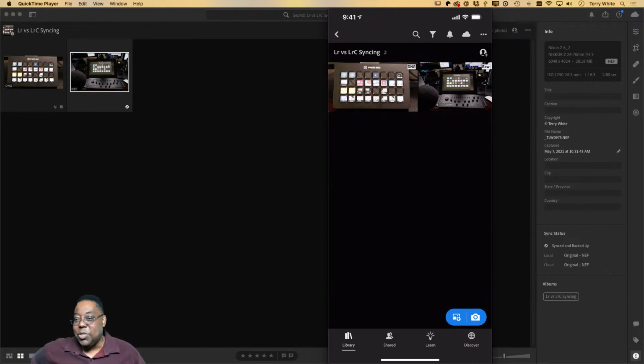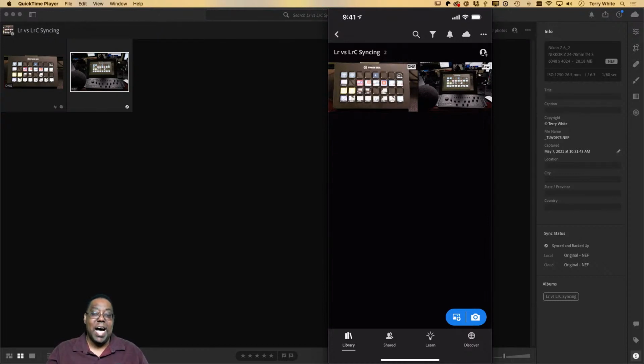What about storage and storage space? Okay, what about it? In your hard drive, you have as much storage space as you purchase on your hard drive. So that's that. Lightroom Classic is using storage on your hard drives. But as far as cloud is concerned, and this is a very important point, Lightroom Classic can sync an unlimited number of smart previews to the cloud.